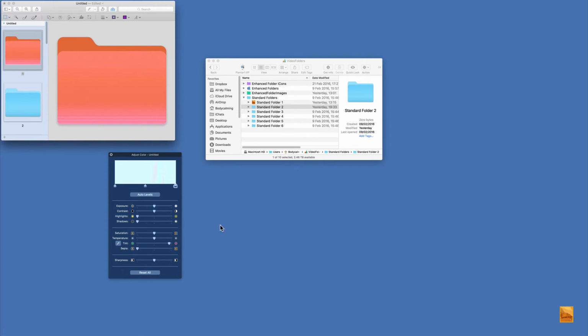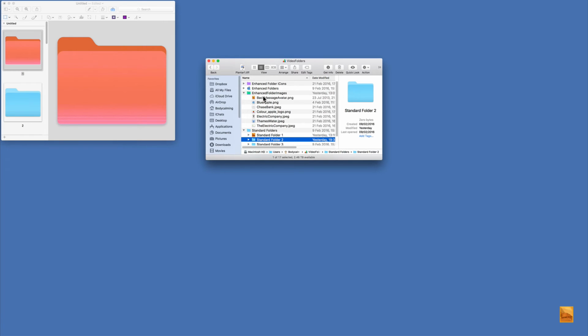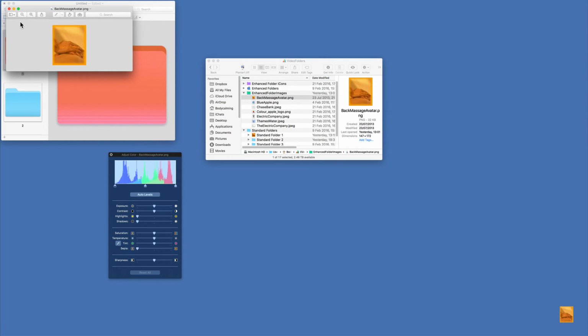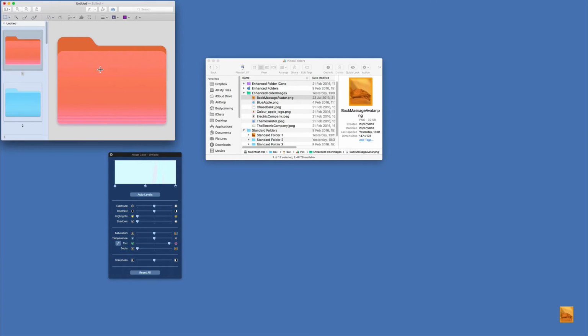Now we're going to add an image. Open an image. Select the image and copy it. Paste onto your new enhanced folder.